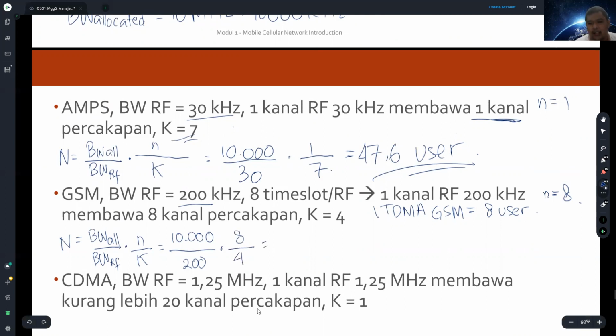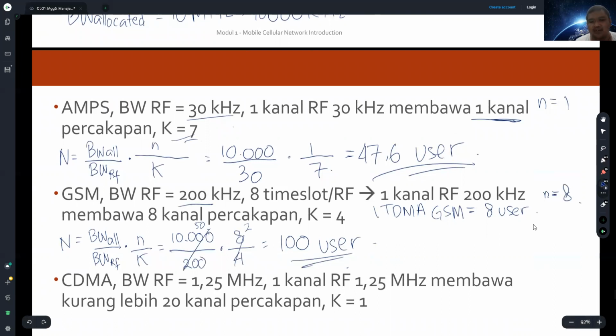All right. Let's calculate this value first. 10,000 divided by 200 is 50. 50 divided by 2, then it will be equal to 100 users. I hope it's right. Let's try using a calculator because I'm not sure. Because if we are calculating while teaching, sometimes I feel nervous and do the math wrong. Okay, it's right, 100 users.